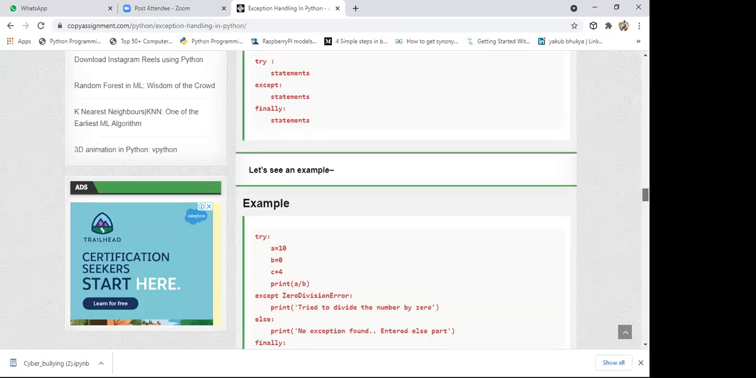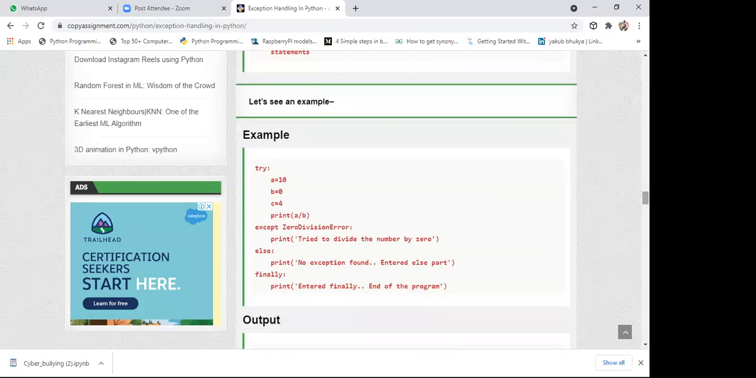That's about finally. So here is the code corresponding to the finally block. In this, a try block is specified, and in the indent he specified a few values: a equals 10, b equals 0, c equals 4, and print a by b. So a by b here is a zero division error. It will go to the except block and it will print the statement corresponding to,